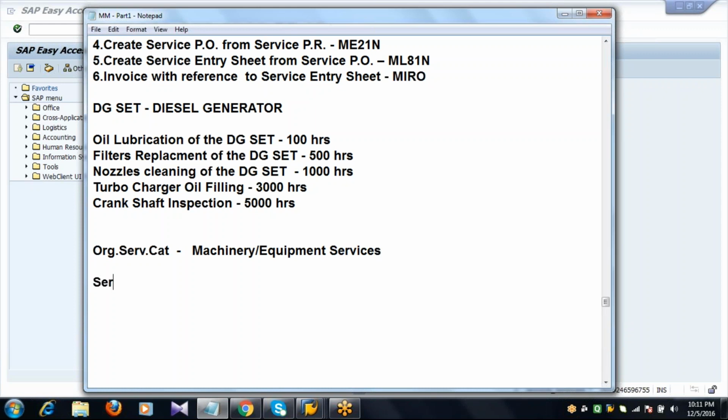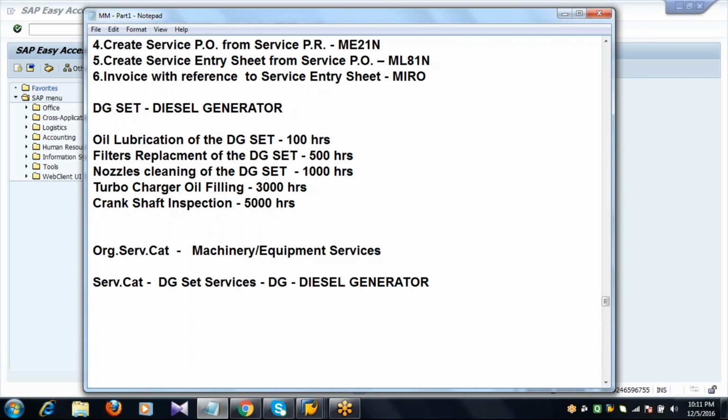First we need to create a category, then we will create the service category. So here for example, DG set services. Just now I told you DG stands for diesel generator, where it generates power, electricity.